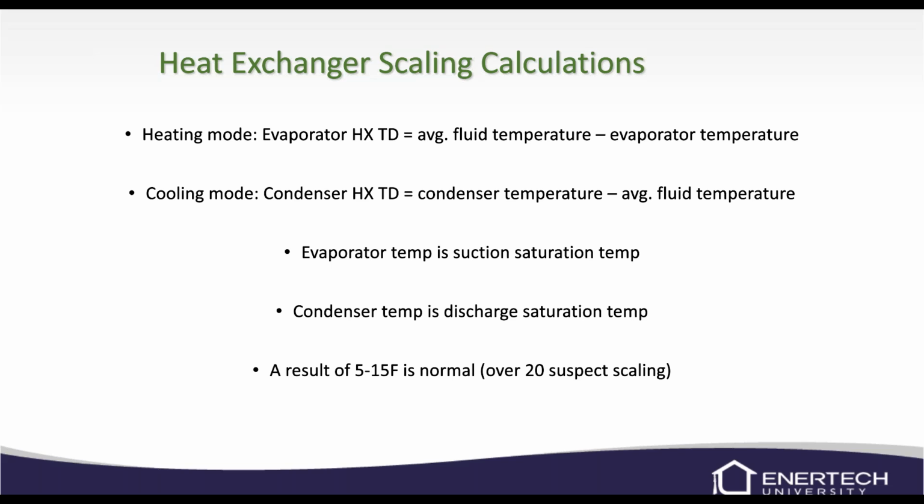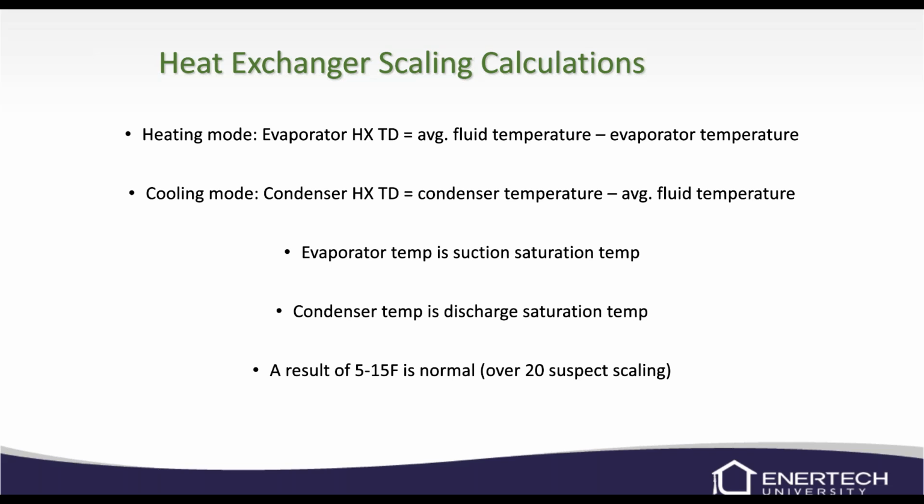So it's basically a heat exchanger scaling calculation. In heating mode, we're going to take the average fluid temperature minus our evaporator temperature. In cooling mode, we're going to take the condenser temperature minus the average fluid temperature. The evaporator temperature is your suction pressure converted to temperature, so you're going to use your pressure temperature chart. And the discharge saturation temperature, or discharge pressure converted to temperature,